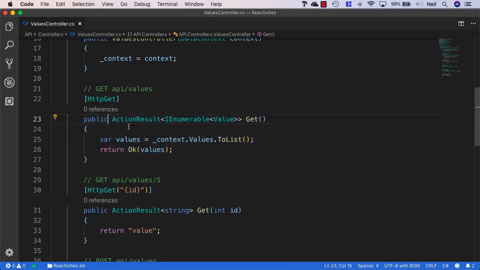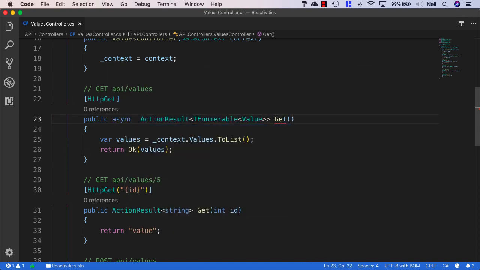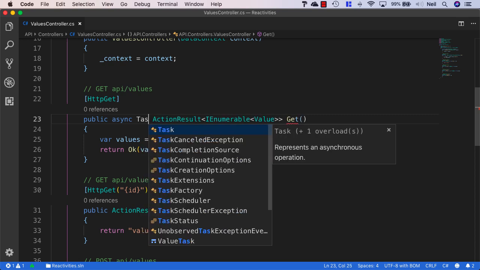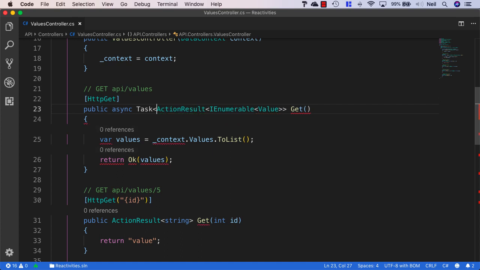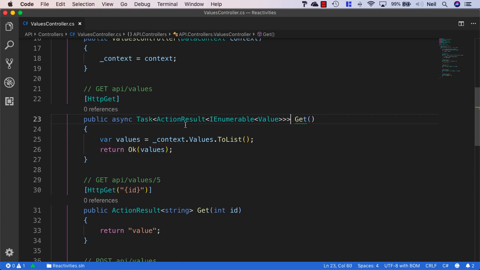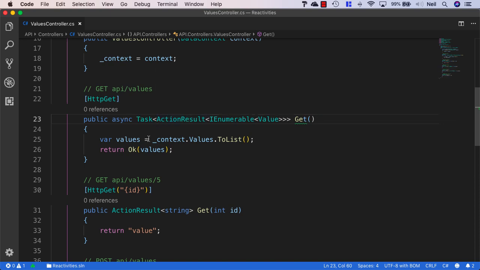So what we can do is, instead of just returning a public action result here, return public async, and when we use an async method, we're going to return a task, and then we can wrap this around what we're returning here for our action result. What we can also do then is specify that we want to await the return of what's coming